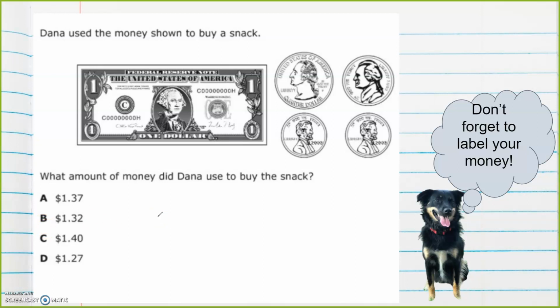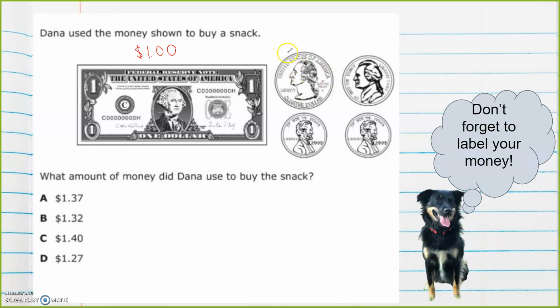Dana used the money shown to buy a snack. What amount of money did Dana use to buy the snack? So we know right here that we have $1. So I'm going to label that $1. Right here I have a quarter, a nickel, and 2 pennies. So the way that we label this is using lines. And each line is worth 5 points. So if you remember from yesterday,